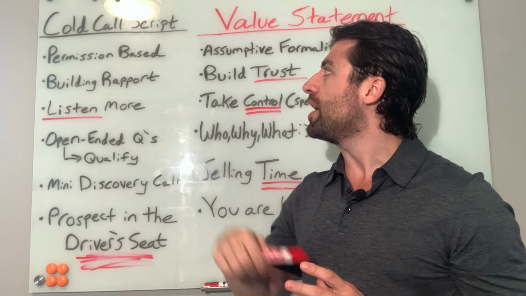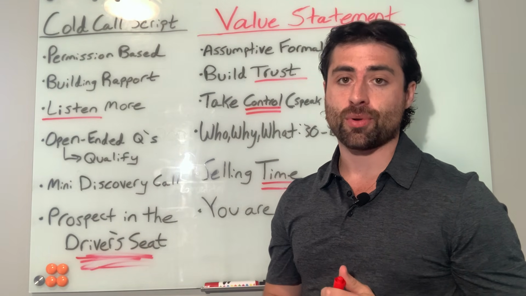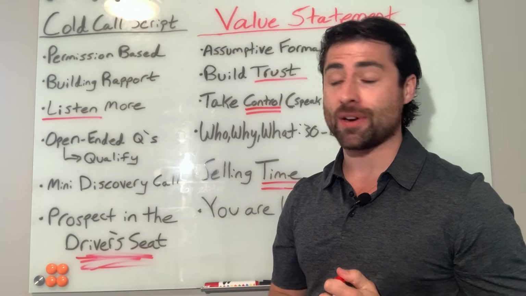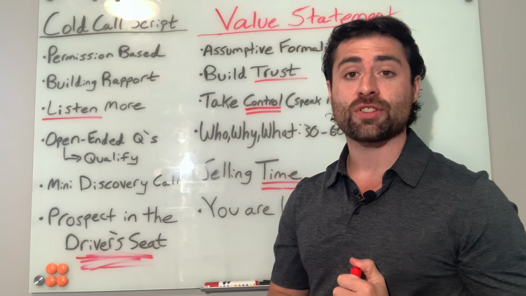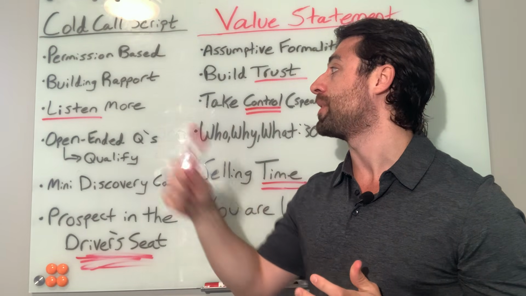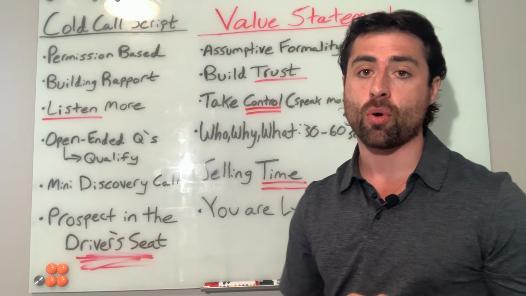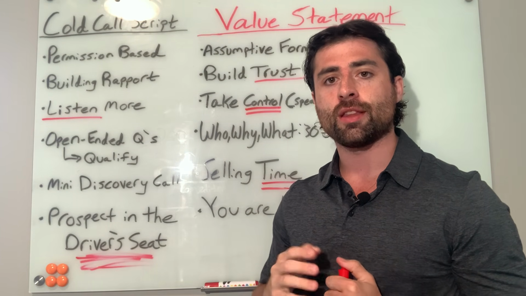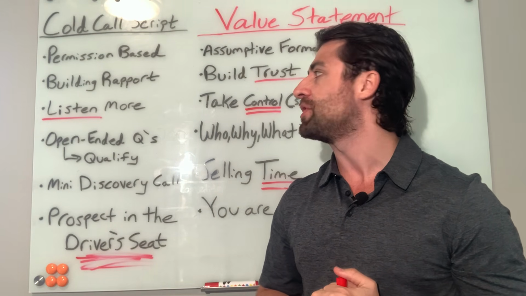All right, so first I'm gonna break down the common characteristics of the typical cold call script I see, starting with the infamous permission-based opener. The common cold call script and what's commonly taught out there is that you should start off by getting permission from the prospect, and that for some reason this is what builds rapport. So it sounds something like, hey, do you have 30 seconds for me to tell you why I'm calling, and then you can decide whether you want to continue the conversation.